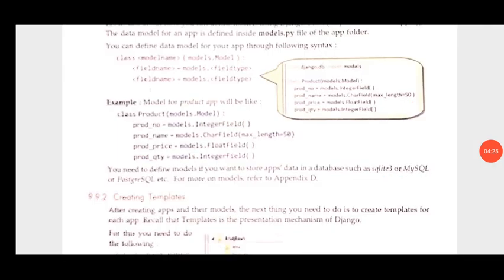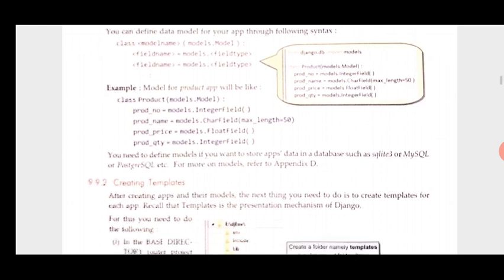Product is the model name; product number, name, price and quantity are the field names. Along with that, the field type is written, such as models.IntegerField and models.CharField.